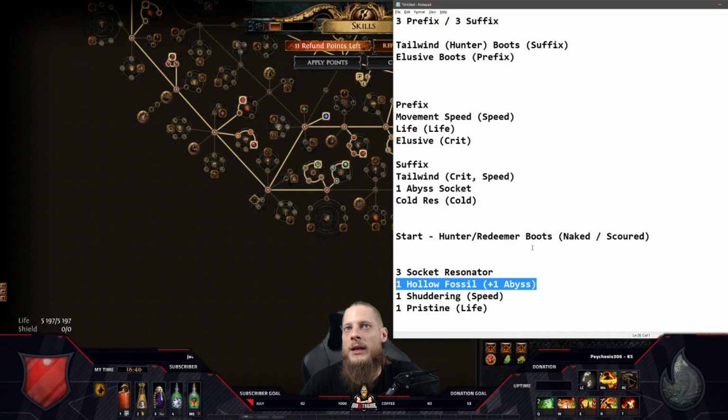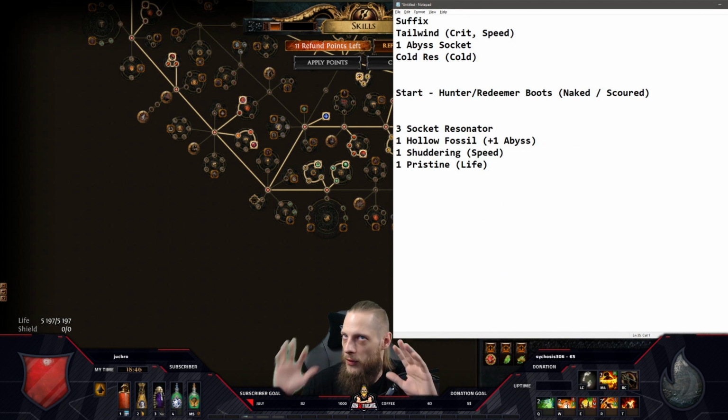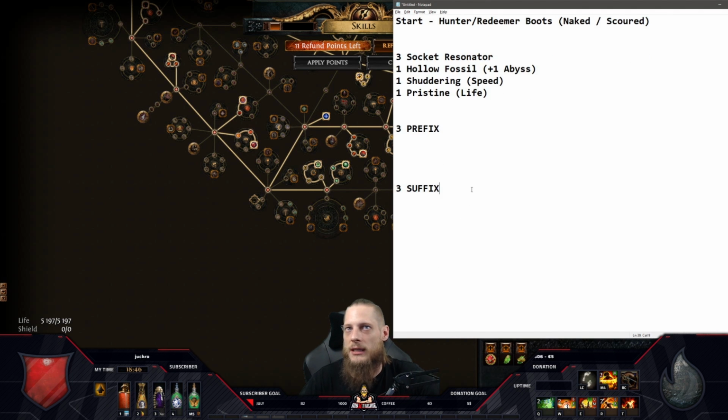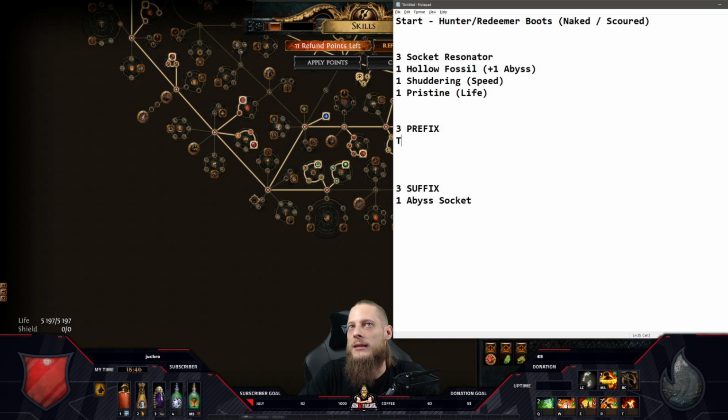So basically, if we go back, what is the current outcome? We actually just have the boots with enchant, with like corrected item level and so on. They're Hunter and Redeemer influenced. So we start with the Resonator craft. So again, we have 3 prefix and we have 3 suffix. So now the outcome is basically you will always have 1 Abyss socket, that's for sure. Then you want to spam those fossils to get tier 1 movement speed,